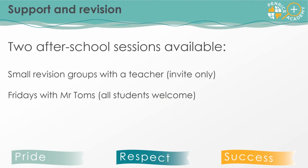So, support and revision. This is going to be two options really. One is the smaller revision groups, which you will have in the geography classrooms. These are more where you can have a chance to speak to the teacher. You can work through exam questions together, go over key knowledge together. They're a lot smaller, and they run currently on a Friday, but they may well be moved to a Tuesday